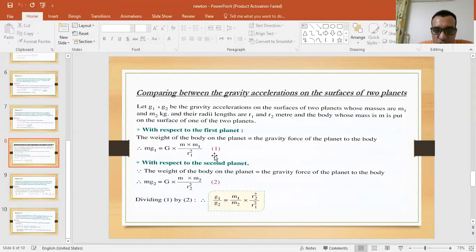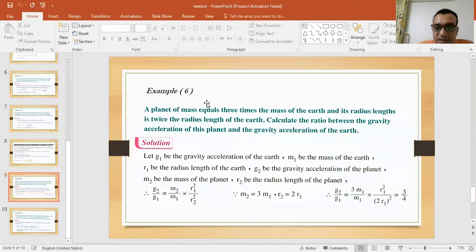By dividing equation 1 by equation 2, we get that g1 over g2 equals M1 over M2 multiplied by R2 squared over R1 squared. Example 6. A planet of mass equal to 3 times the mass of the Earth, and its radius length is twice the radius length of the Earth. Calculate the ratio between the gravity acceleration of this planet and the gravity acceleration of the